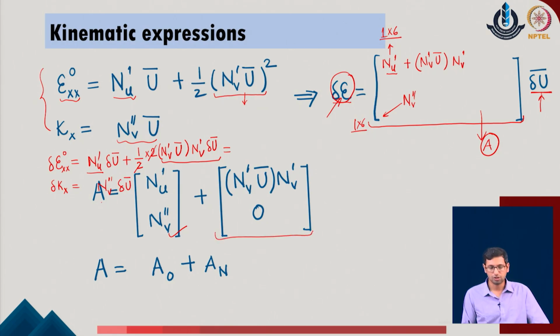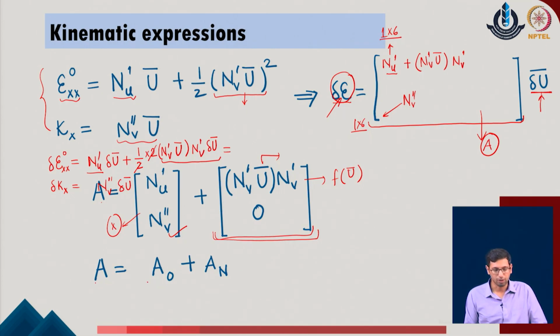Why did we separate these two terms? Because the first term, if you look at, is only a function of x in the given system, whereas the second term is also containing the u bar parameters, which means that this is a function of the displacement terms of the given system. So, any of the nonlinearity which will be introduced in the problem, where the stiffness contributions will become nonlinear, will be introduced due to this particular part of the given system. So, we write this as A equal to A naught, which is the linear part, plus A of n, which is the nonlinear part.